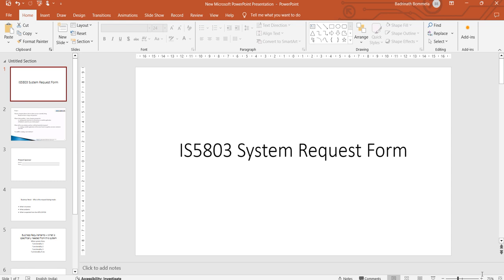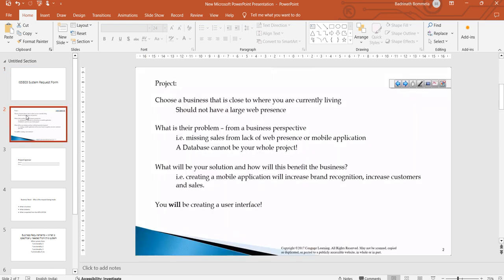So the first step of this activity is selection of project. This week we work on creating system request form which speaks about what kind of system we are going to create and some key information related to the project we will be discussing. So to select a company, to select an application, what we are going to design, it is very important that